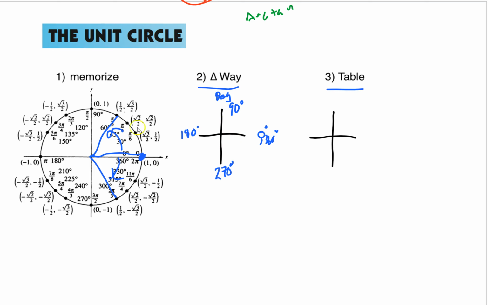So you can keep in mind, positive, we go up. That's the default, right? So if it's positive, we're going to go up like that. We start here, you always start on the positive x-axis, and then you go up. Negative, you go down. Now if we're doing radians,